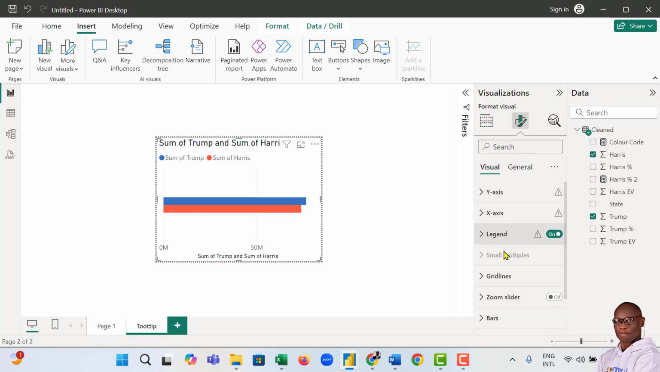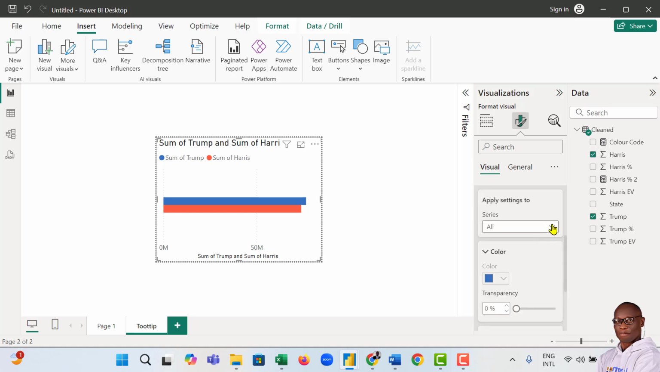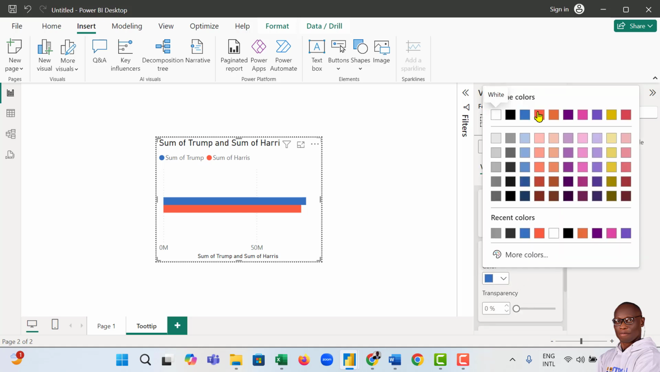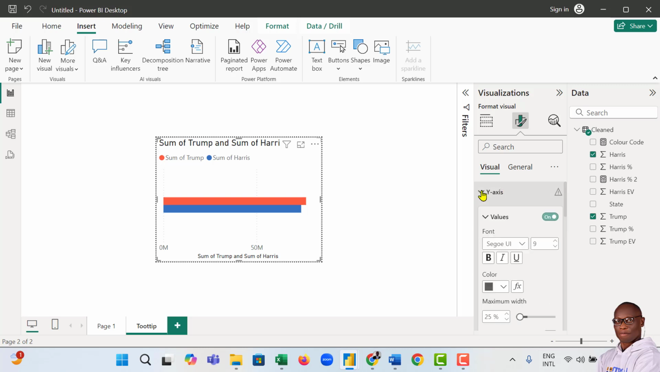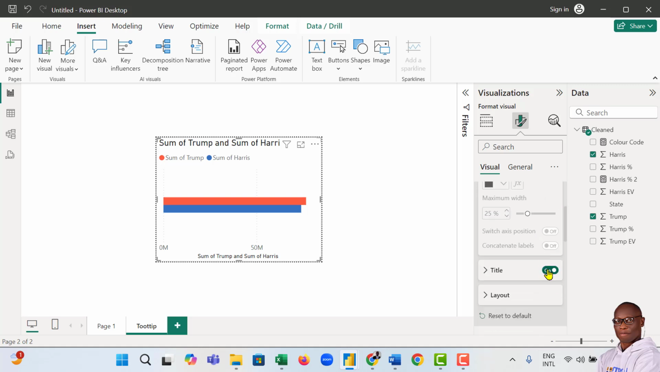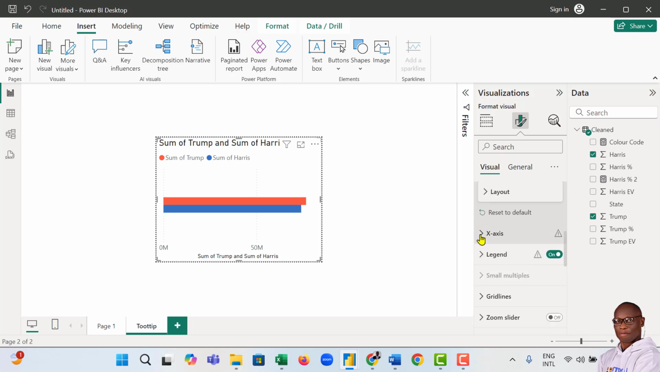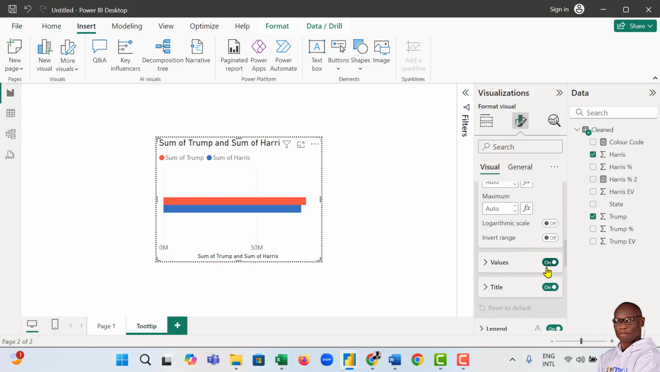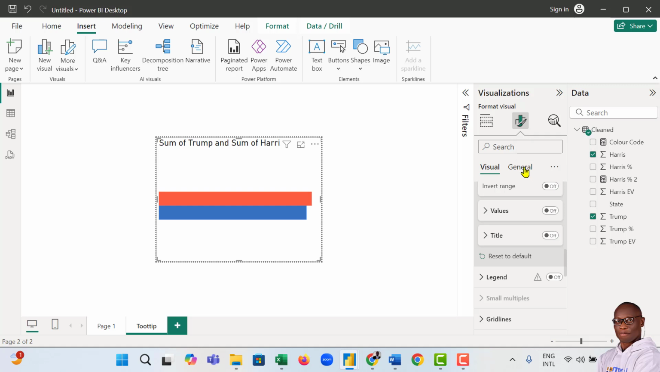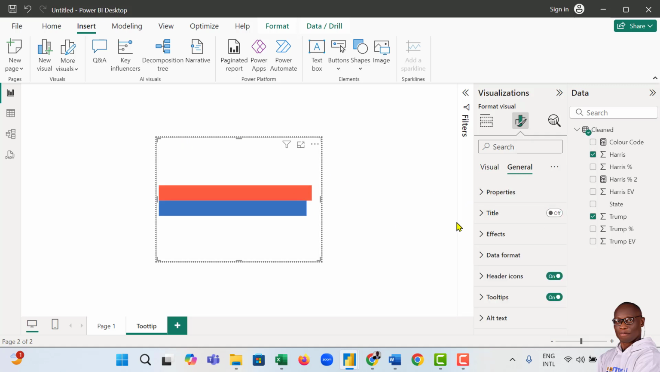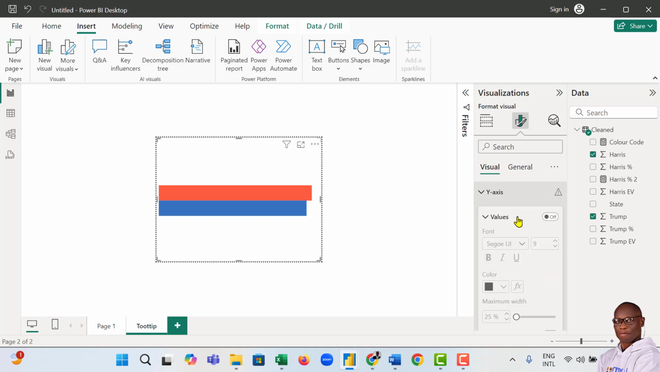What we need to do is change Trump to red, come to the bars, and make sure that the sum of Trump is red and the sum of Harris is blue. Also, we come to the y-axis, remove the values, remove the title, and we come to the x-axis, remove the values, remove the title, take off the legend, and also go to General and remove the title of this page. We add the data labels, so come back to Visual,